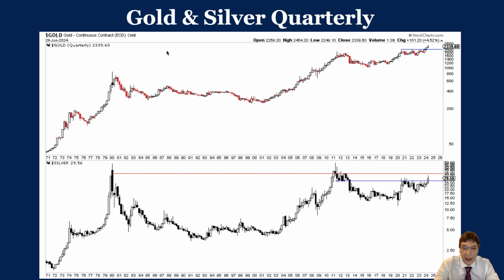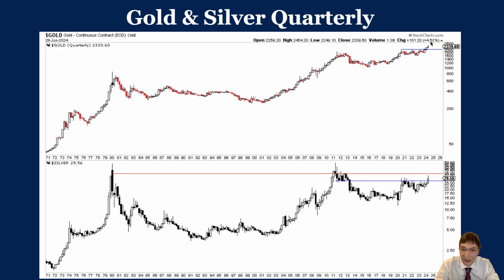Okay, so here are the quarterly candle charts going back to 1971. As you can see, this is gold here, silver here. Starting off with gold, you can see a beautiful cup and handle. You can see this better on the quarterly chart than the other charts. I have to say it again: beautiful cup, beautiful handle, boom, breakout. Last quarter was strong. The quarter before was strong. Last quarter, strong.